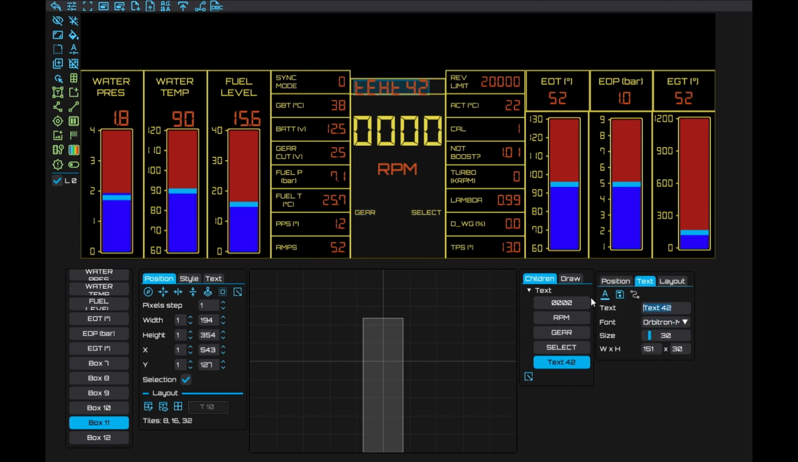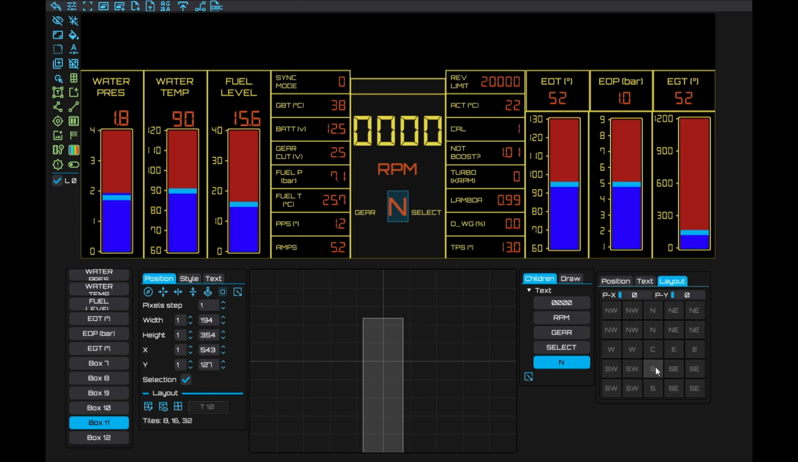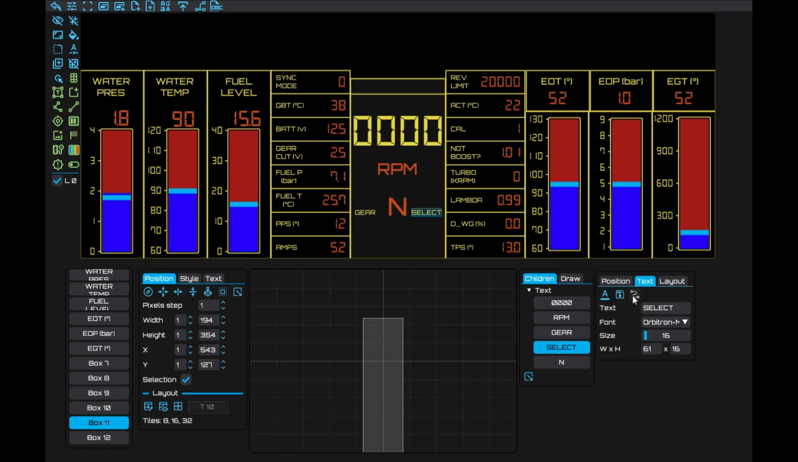Now our gear. Okay, now let's use this font for this. And let's make it center. So this one we can move here a little bit